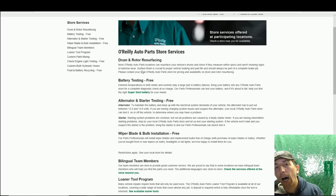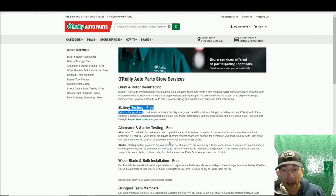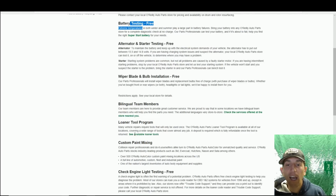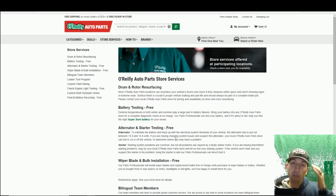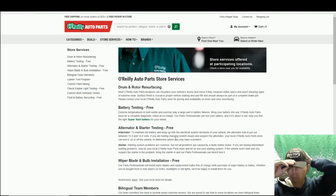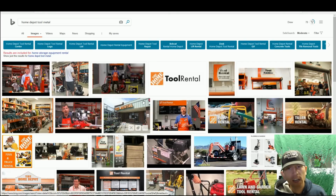Moving along, Home Depot, O'Reilly, other retail stores offer free services. Like you could do free battery testing, free alternator testing. They have a loaner tool program, so you can actually loan tools from O'Reilly Auto Parts if you're working on your own car. Really cool. Home Depot, I don't know if it says free, but everything from plumbing equipment to yard equipment,